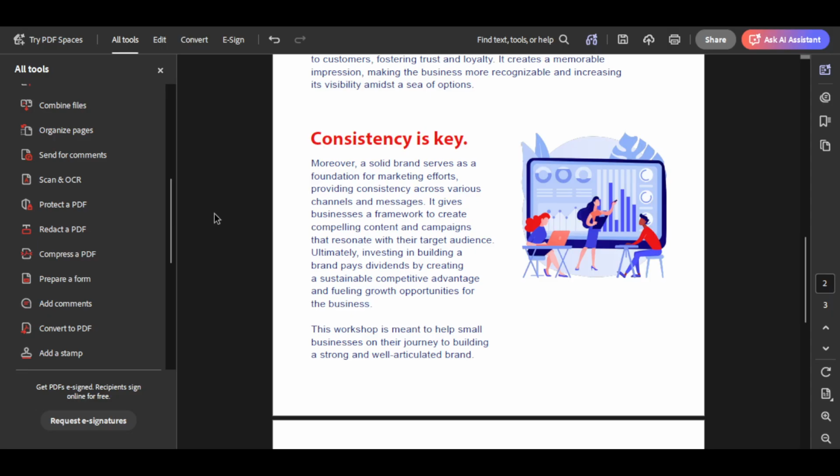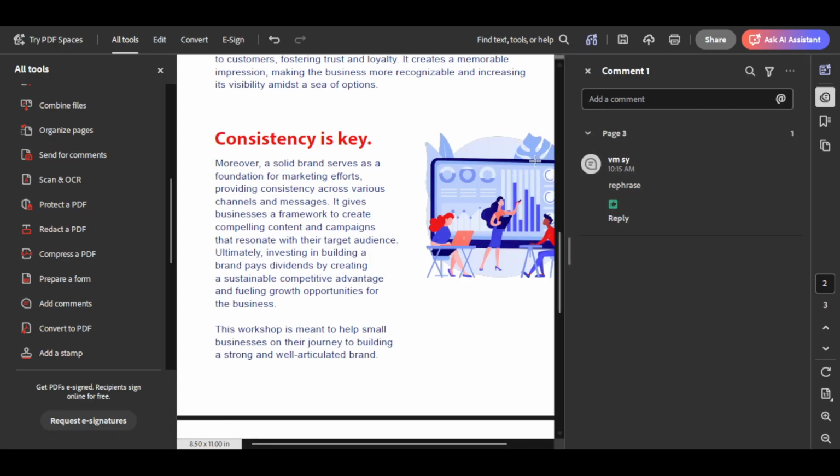Let's dive right in. First, let's start with one of the most versatile tools Adobe Acrobat offers, the speech bubble icon. You'll find this option in the annotation toolbar. By clicking this icon, you can drop a note anywhere on your PDF page. This feature is particularly handy when you want to jot down general thoughts or comments that aren't necessarily tied to